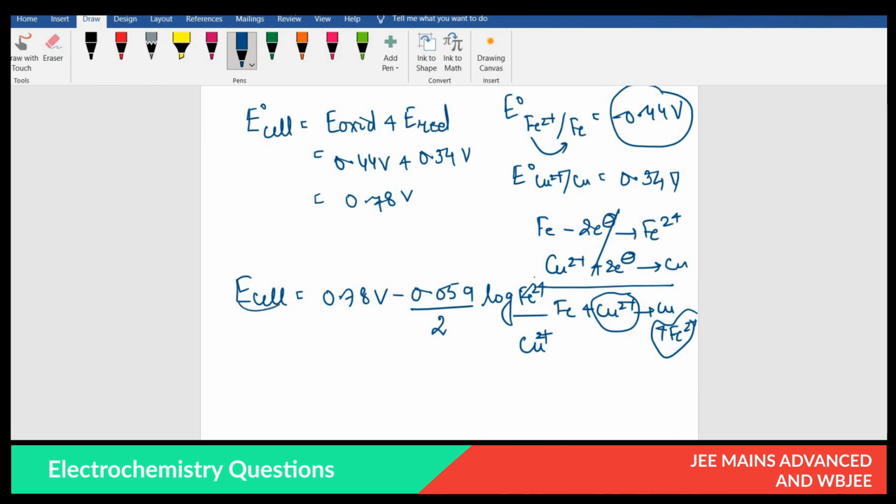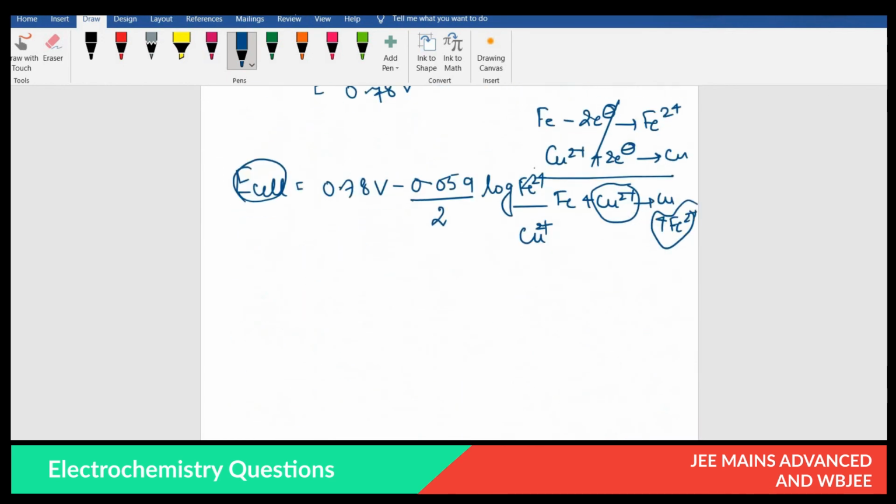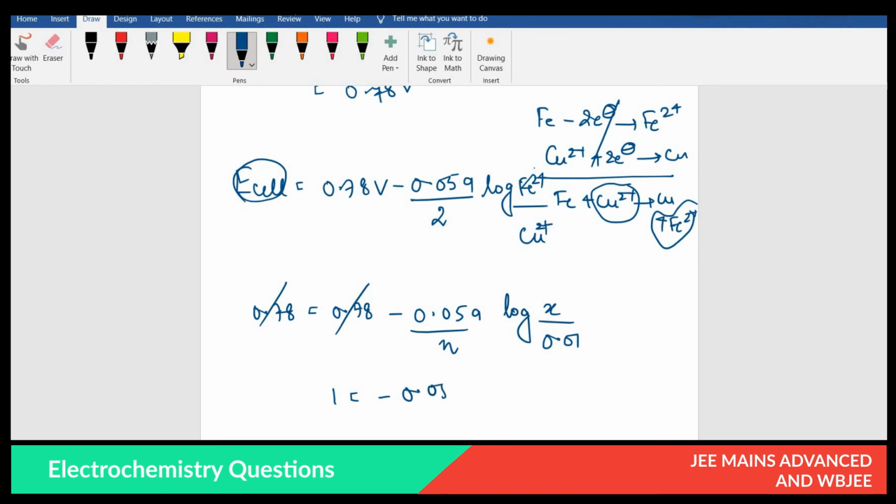So the E cell also is mentioned to you, correct? It was mentioned in the question. I have written it, I think, in the solution part. Let's just check. Yes, the E cell was 0.78 volts, right? So 0.78 equals 0.78 minus 0.059 by n, log of Fe2+, which is not given, so it is mentioned as X, but Cu2+ is given as 0.01. Right, students? Now you see this part gets cancelled out. So we can write that 1 equals minus 0.059 by 2 log of